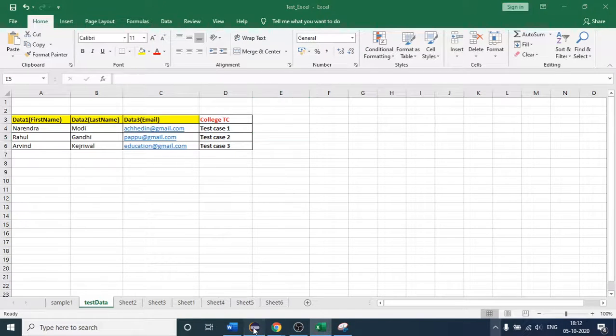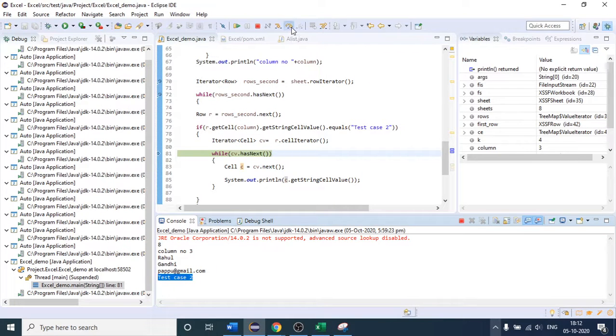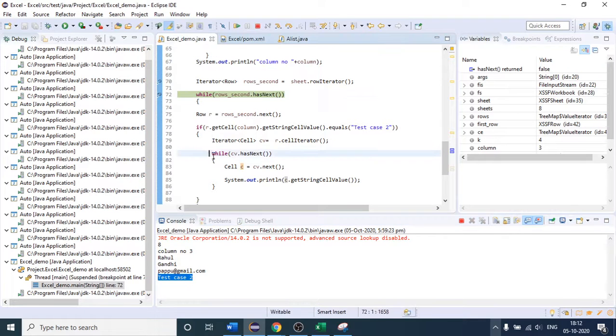So this time the condition will become false, and we are not going to come inside. The remaining loop will execute, but this condition will never match because this is not our desired test case.